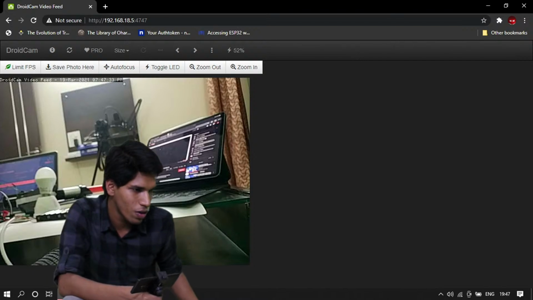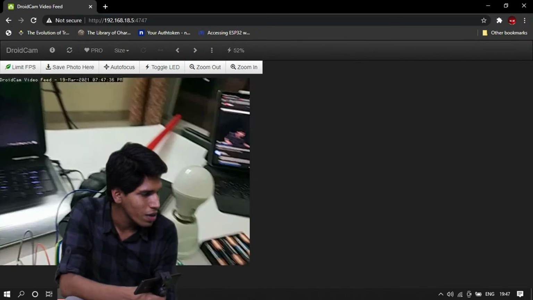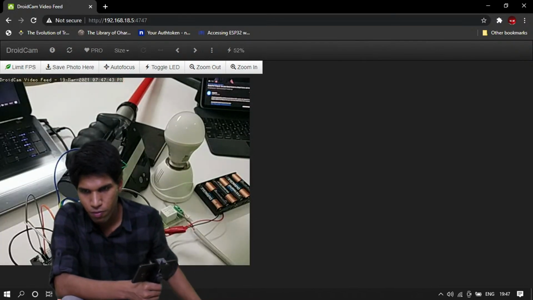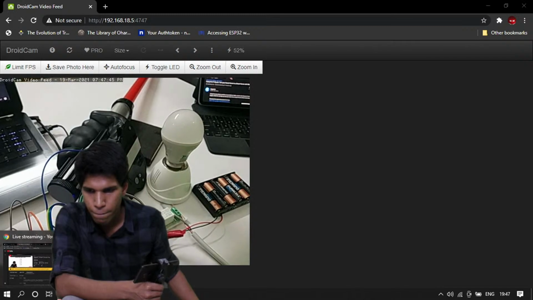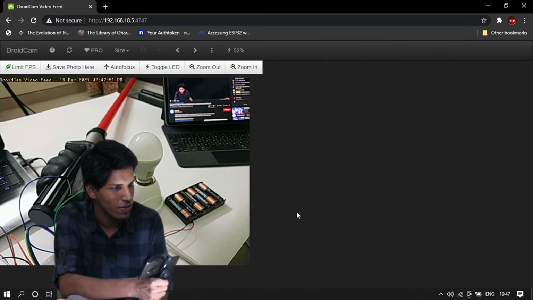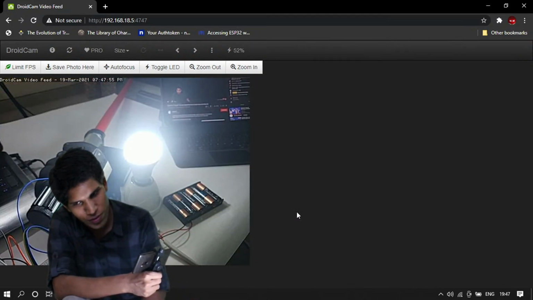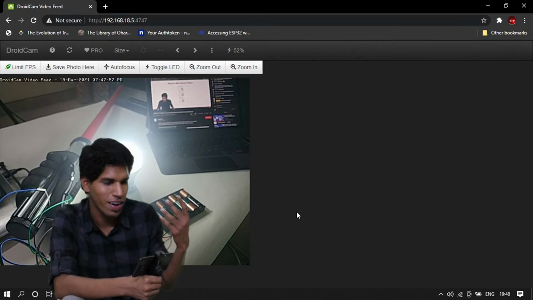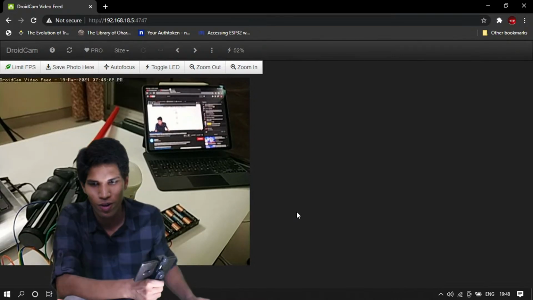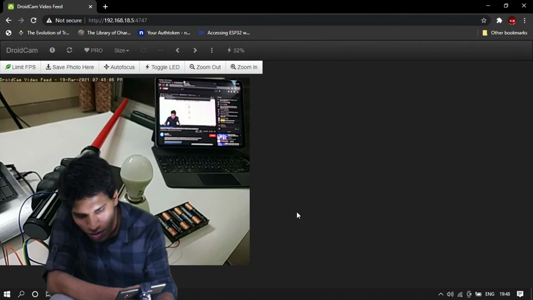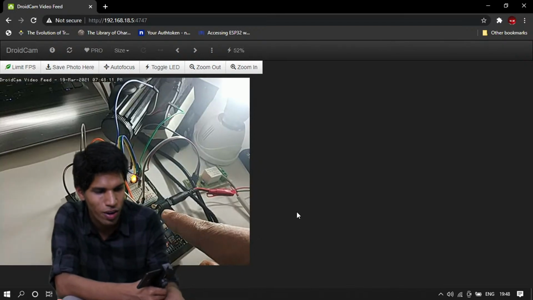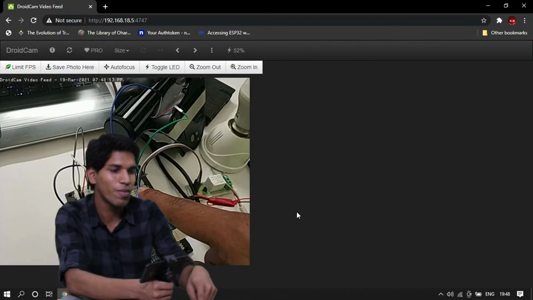Try it out. Open up the link. It will take time to communicate via the internet, but see, somebody just turned the lights on and off. I'm not doing anything. I'm just sitting here holding my phone. It's you guys who are turning it on and off. Somebody has turned on this yellow LED here. That's the third switch. Somebody is turning this on and off. Somebody just turned my lightsaber on.